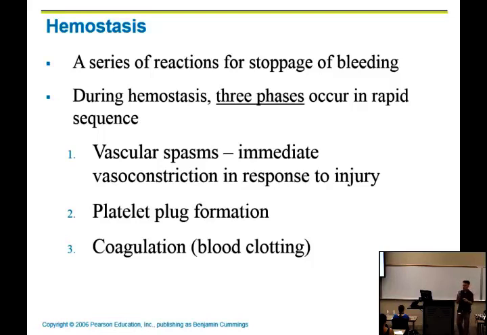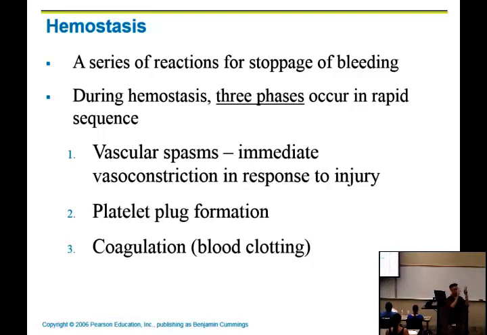So capillaries are super duper thin. They're 1 cell layer thick in terms of epithelial cells, which makes it easy for things to get across their walls, which is good. Oxygen and nutrients and water, etc. The larger blood vessels have 3 different layers to their wall. They have an epithelial layer lining them on the inside. They have a connective tissue layer on the outside, and then they have a smooth muscle layer in the middle. So if it's a larger blood vessel that has smooth muscle in its wall, so not a capillary,